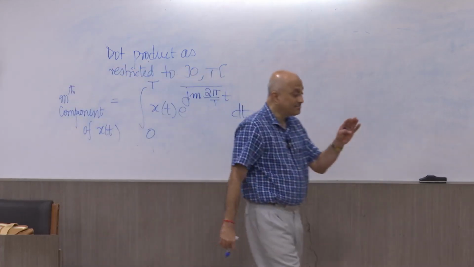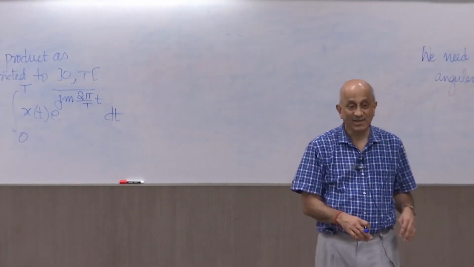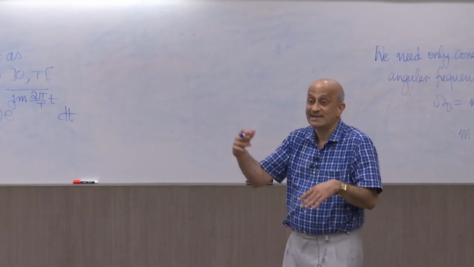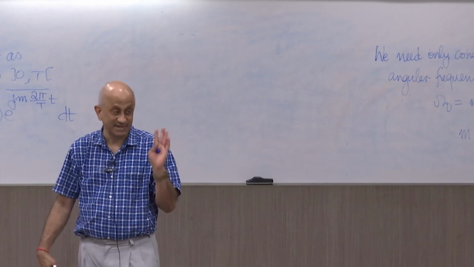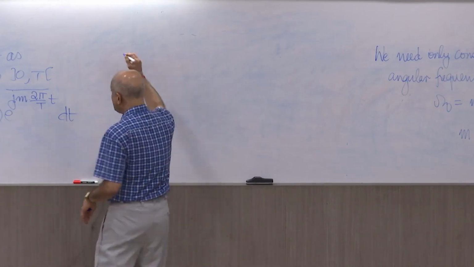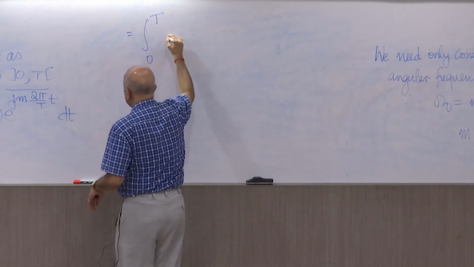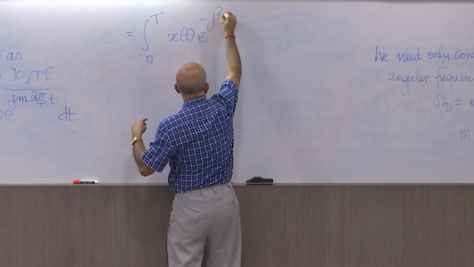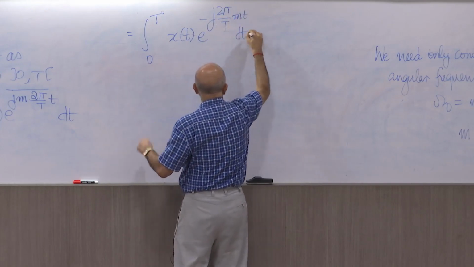It's the dot product between x(t) and this phasor with angular frequency 2 pi by T times m, the mth harmonic, so to speak. But m can have both positive and negative integer values, right? So what is this mth component? It is the integral 0 to T x(t) e raised to the power minus, because it's a complex conjugate,